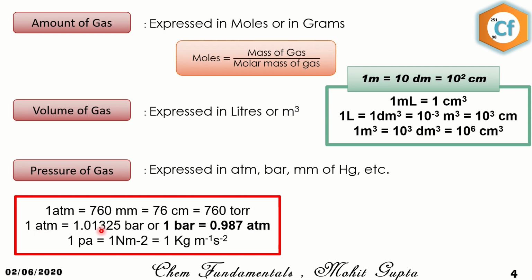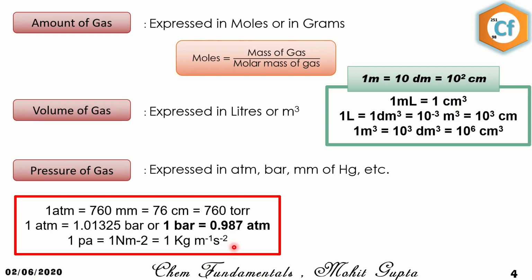This is also an important conversion where 1 atm is equal to 1.01325 bar. You have to remember all the digits here. And 1 bar is equal to 0.987 atm. If you divide 1 by 1.01325, you will get 0.987, and it is very easy to remember, 0.987. The next is 1 pascal is equal to 1 newton per meter square, which is equal to 1